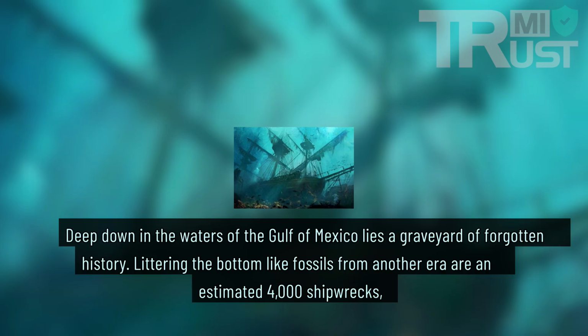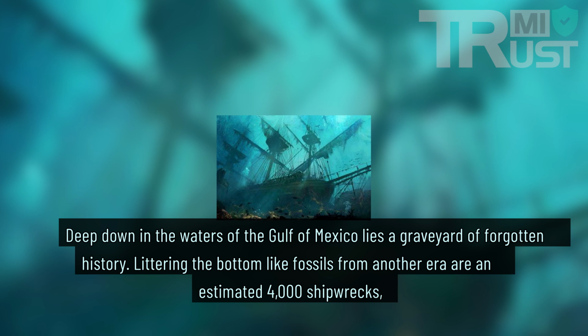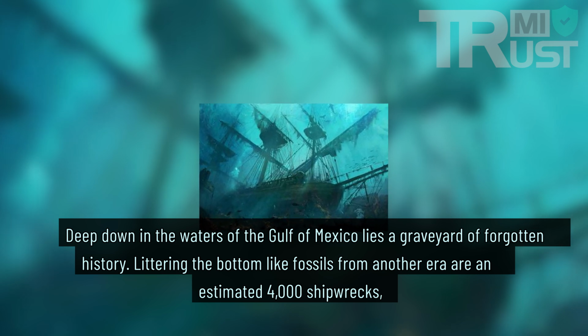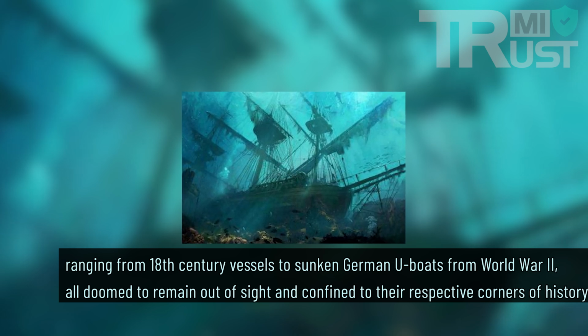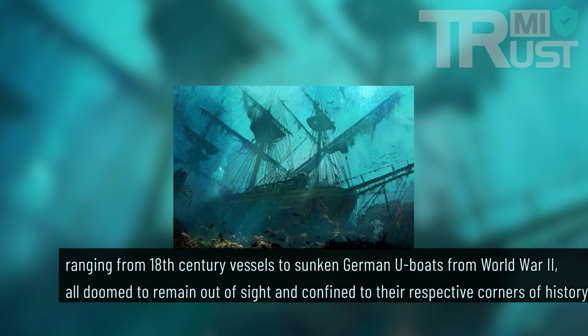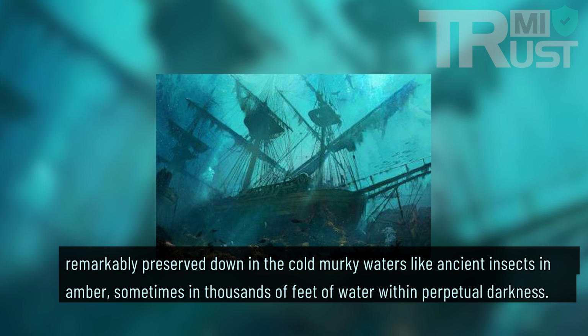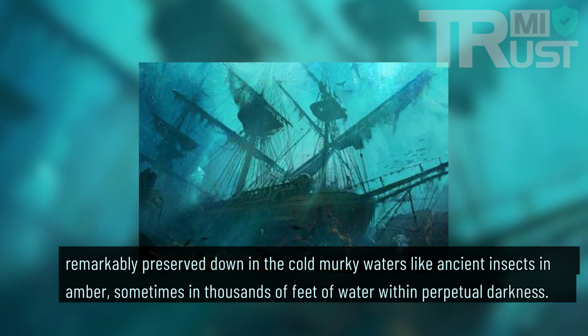Deep down in the waters of the Gulf of Mexico lies a graveyard of forgotten history. Littering the bottom like fossils from another era are an estimated 4,000 shipwrecks, ranging from 18th century vessels to sunken German U-boats from World War II, all doomed to remain out of sight and confined to their respective corners of history, remarkably preserved down in the cold murky waters like ancient insects in amber, sometimes in thousands of feet of